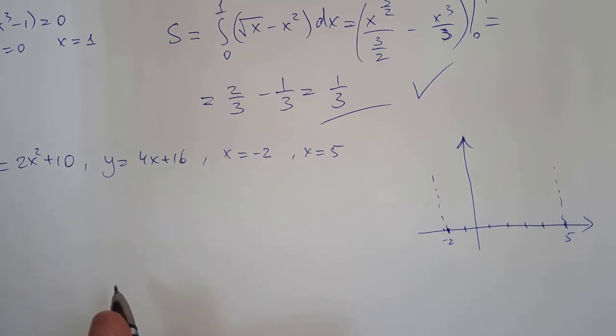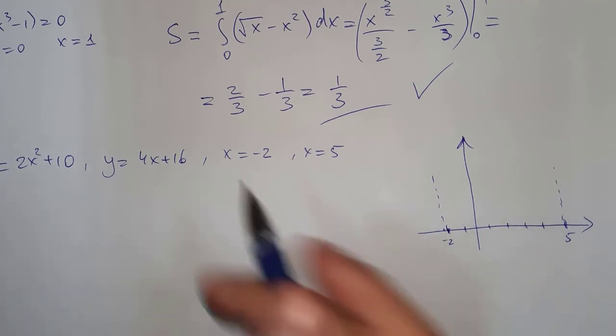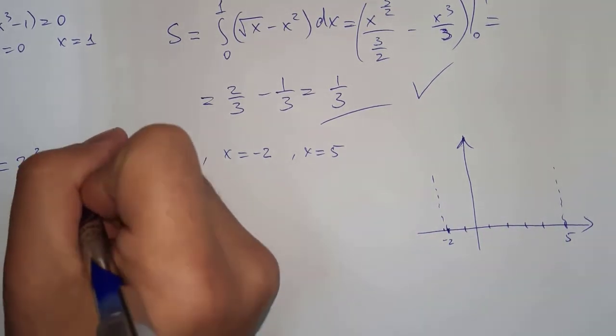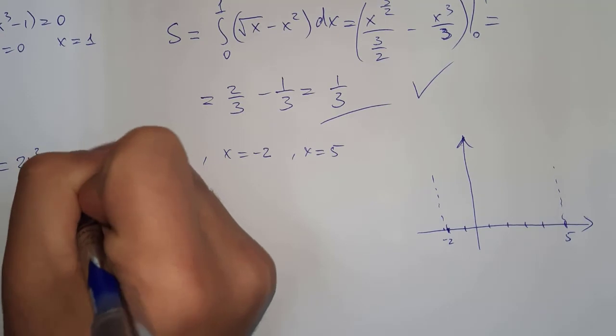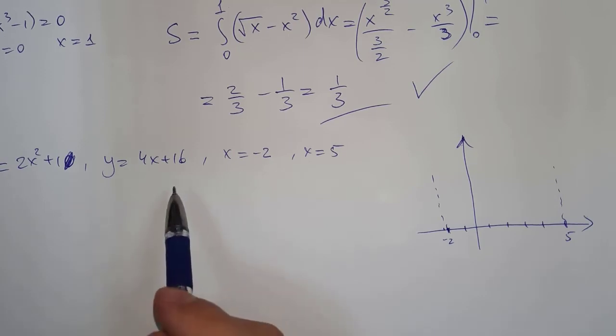Example to draw here. So it will be just 2x squared plus 1, for example. And if we change here 4x plus 1,